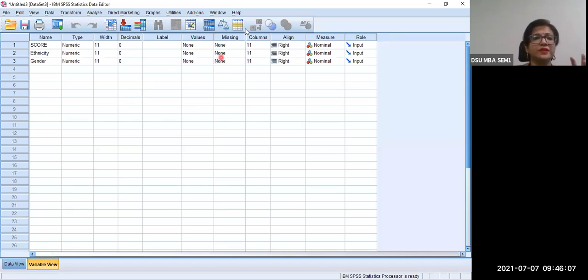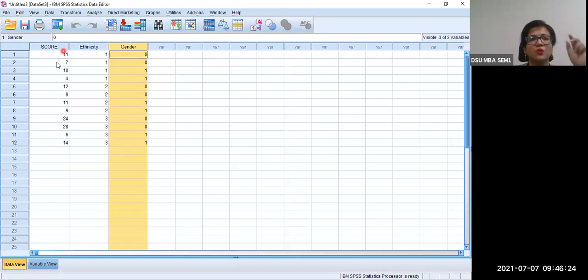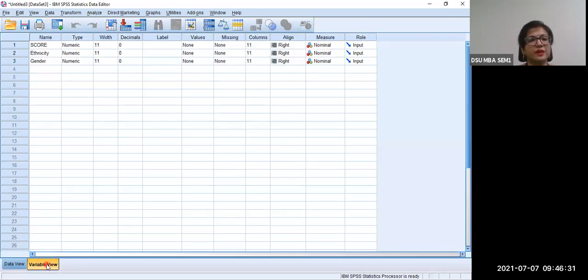So what are the variable definitions here? You have score, the first variable. What type is it? It is something to do with the score that is given. It is a nominal scale, right? So there is no entry. Score was supposed to be numbers. So if you want to do some kind of average and all that, what you need to do is come to the variable view, go to the measure part, and convert it into scale.